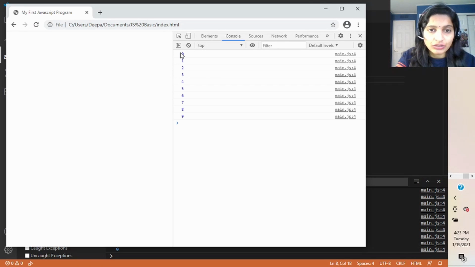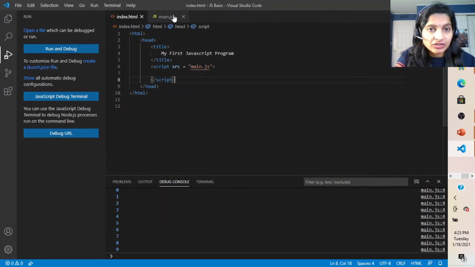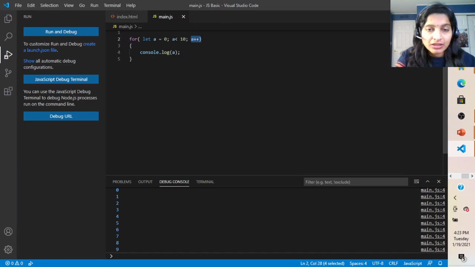In our earlier while loop and do while loop, we started from a is equal to 5. It doesn't matter where our loop starts, we just have to understand how the loops get iterated and by how much. Here we have given a plus plus, so it will go by one count only. Depending upon your condition and your step, the loop would be executed. And this is the loop statement or the body of the loop. So this is all about the loops in JavaScript. We learned about for loop, do while loop, and the while loop.